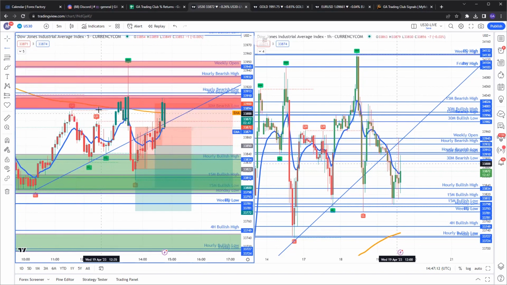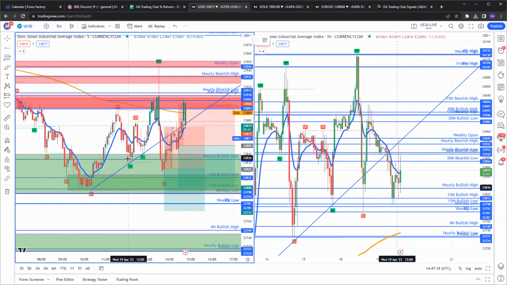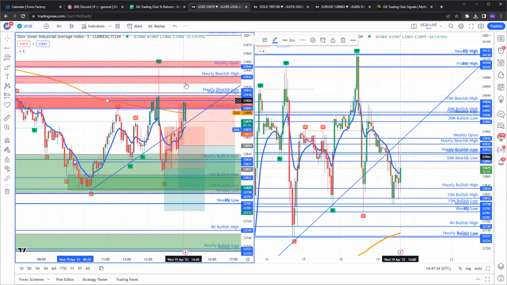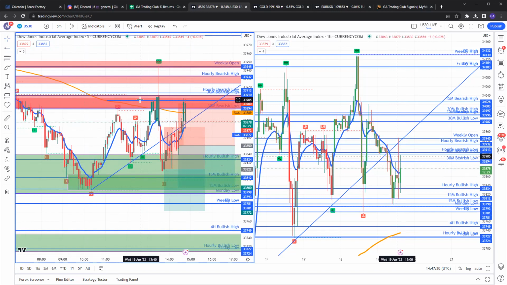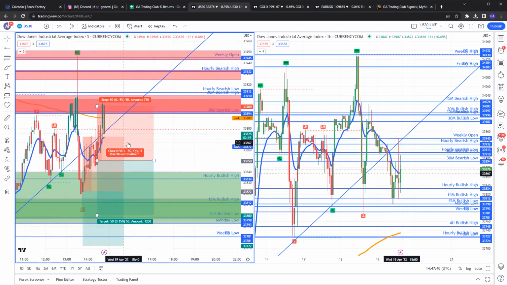So for example, here, this is resistance, resistance that's in a supply zone within a supply zone. And right here, we have demand down here. So you can easily buy here, sell here, buy here, sell here, right? But I just don't want to introduce too many of these things because sometimes they can also lead to FOMO, especially if somebody doesn't know what they're doing. But other than that, unless anybody else has any questions,